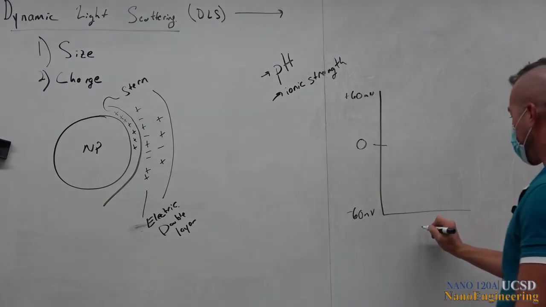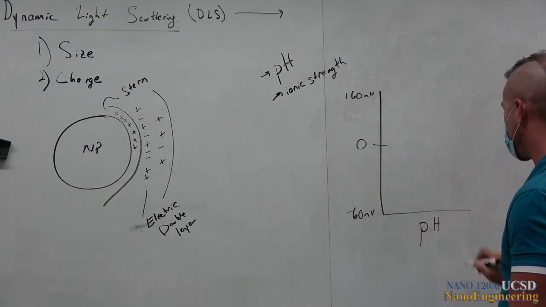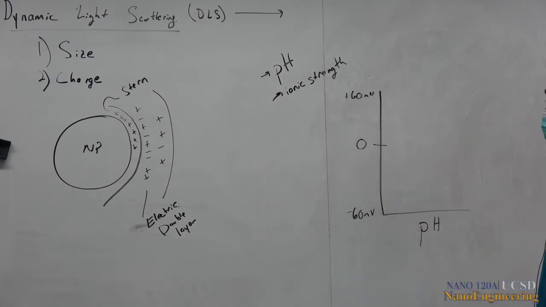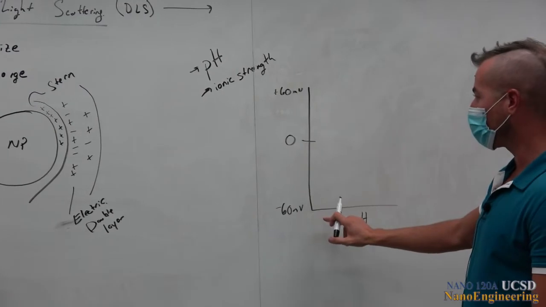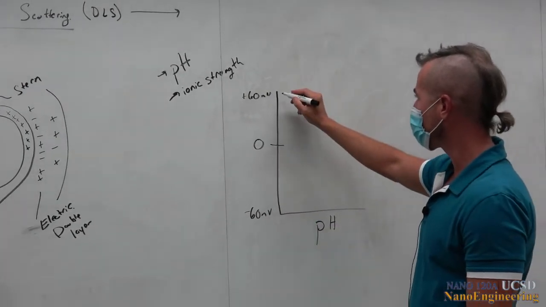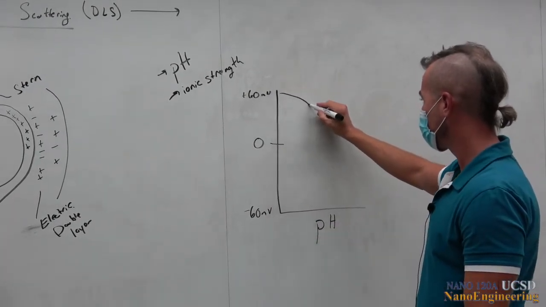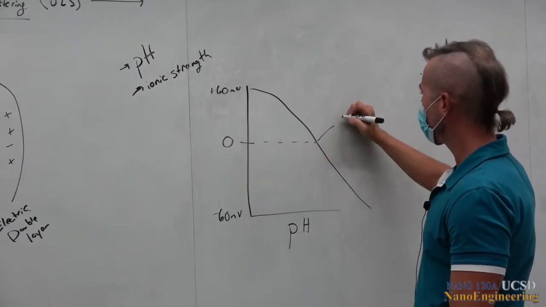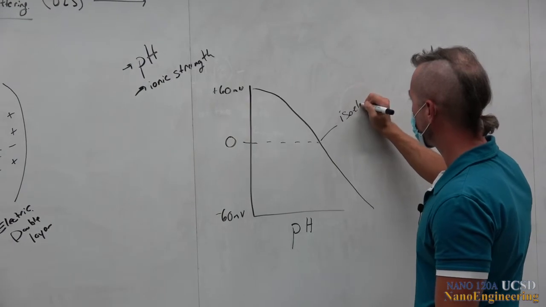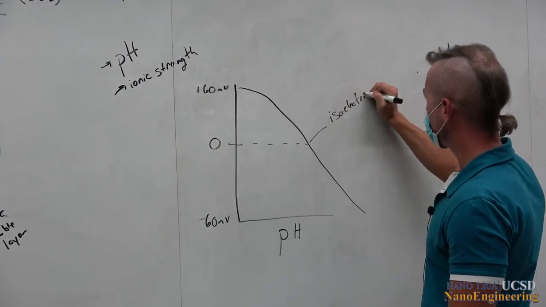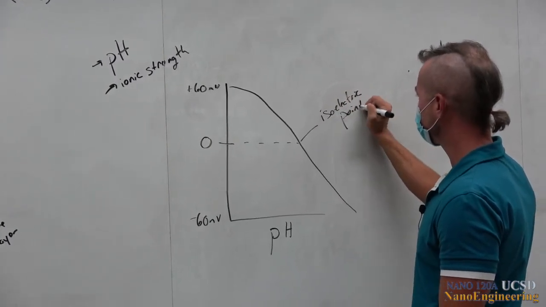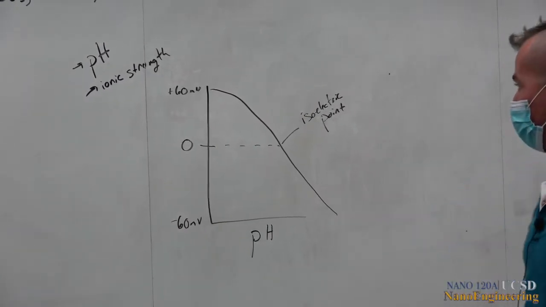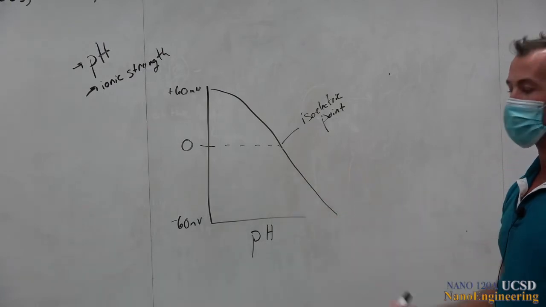So you can look at the pH. You can monitor this as a function of pH. And as you have more and more and more protons, it should be more positive. And there's some point called the isoelectric point